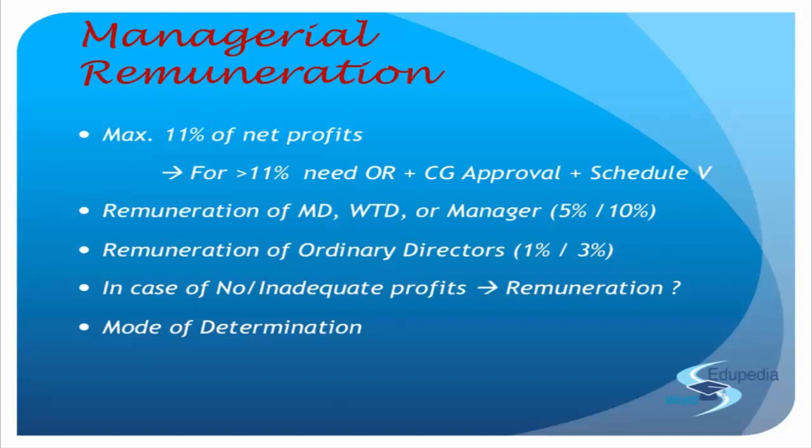And the second option is passing an ordinary resolution, right? But if there are situations where the articles have not specified what to give, but have specified that if you want to give something, you will have to pass a special resolution, then in those scenarios you will have to pass a special resolution in the general meeting, right? That means the board of directors has no say in the determination of the remuneration. They have no power to fix or determine the remuneration that the directors are going to receive, right? But sometimes they may have a role in concurrence with the shareholders in the general meeting.